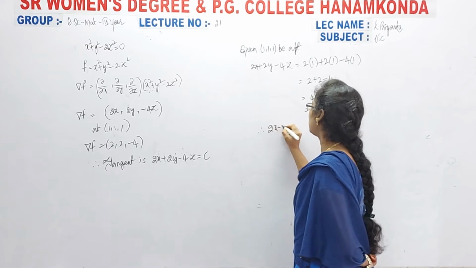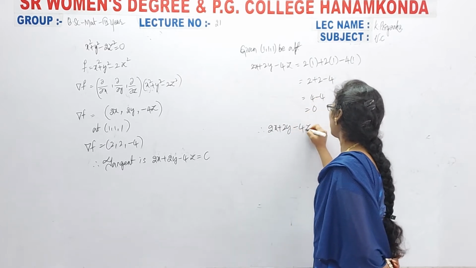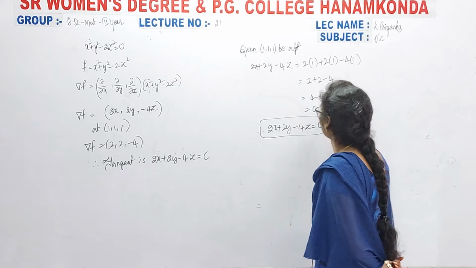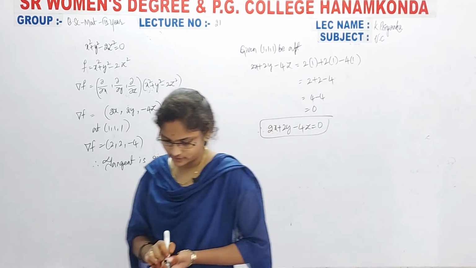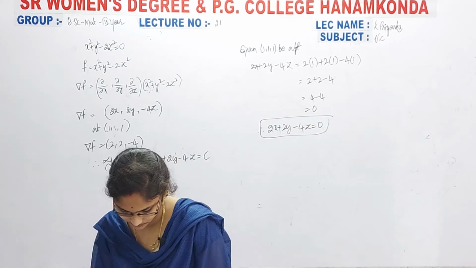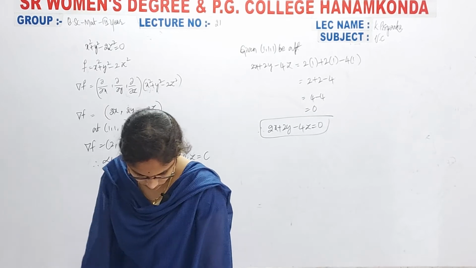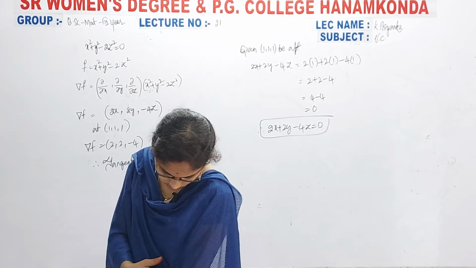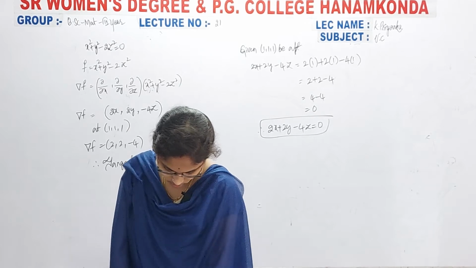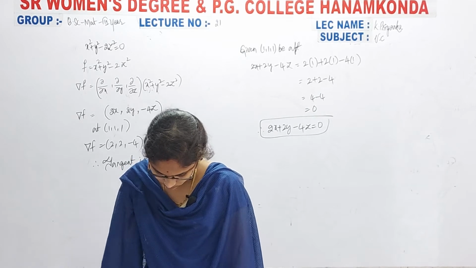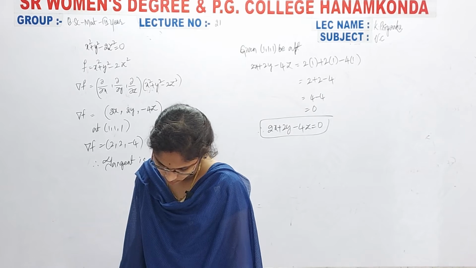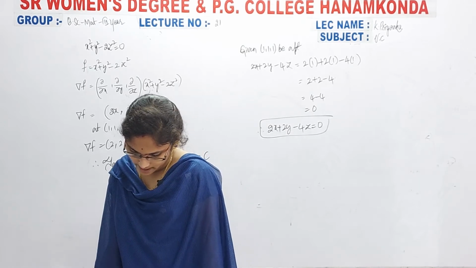Therefore the equation, since they asked to find the equation, that's why I calculated like this. Just wait, I'll check the answer. So here the equation is 2x plus 2y minus